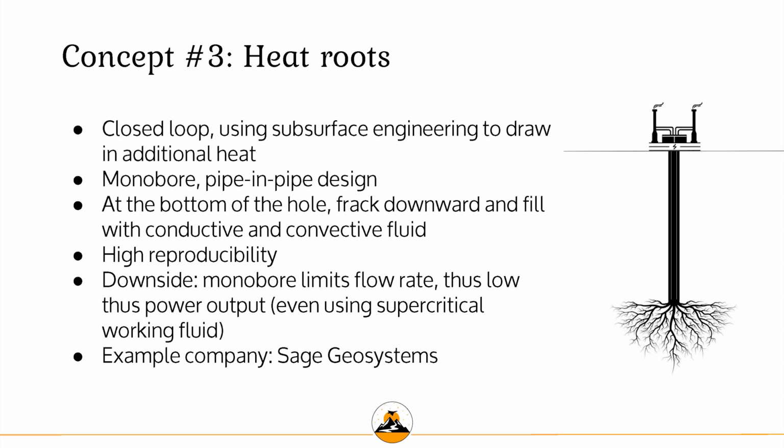So at the base of the well, all that heat is concentrated and exchanged into the working fluid, and it comes back up. You can still use your supercritical fluid because the main part of the thing is a closed loop system. And a huge advantage of this is that it's very high reproducibility. All you have to do is drill deeper at any given site. There's not as much exploration risk. You just drill deeper until you hit the right conditions, and then you're able to